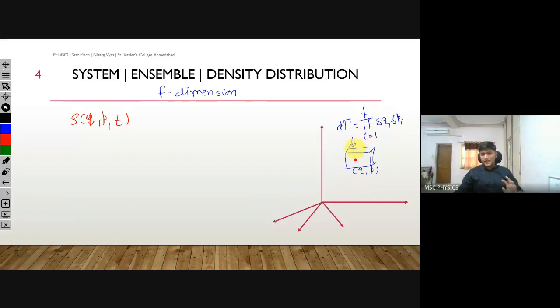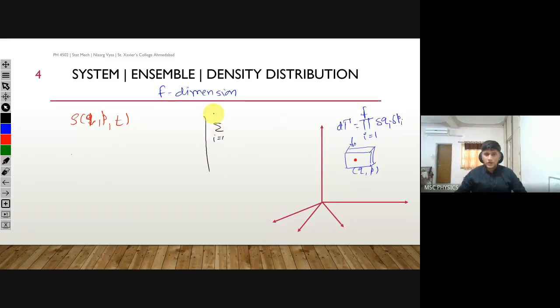So what is this product symbol? I will be using this notation quite a few times today, so let me talk about this also. What do we mean by sigma? Sigma i equal to 1 to n. It means that you are putting the values of i from 1 to n. So what do we mean by that? Let's talk about something. This is some mathematics. So I'm writing it here.